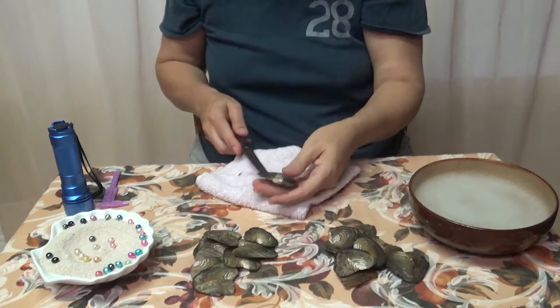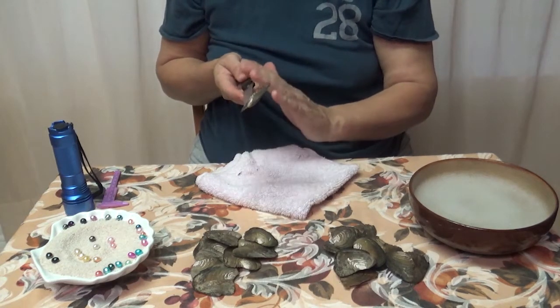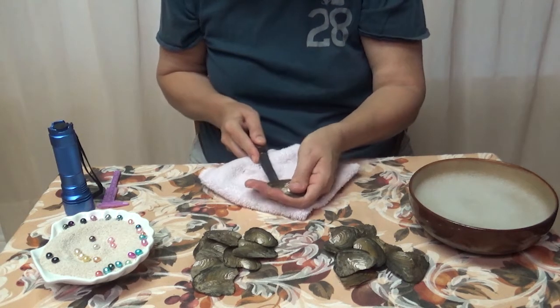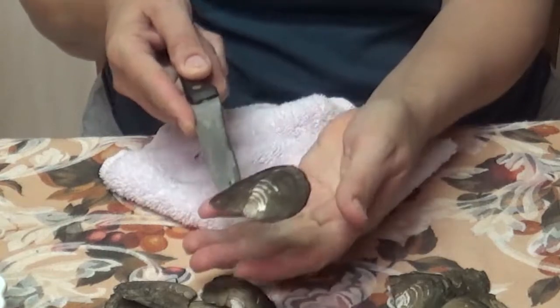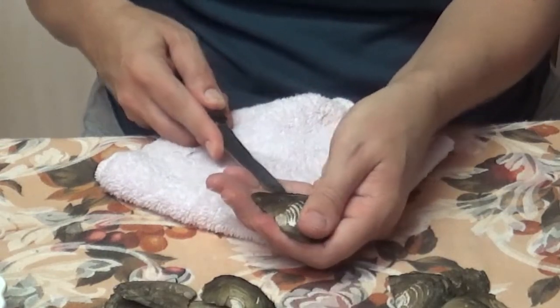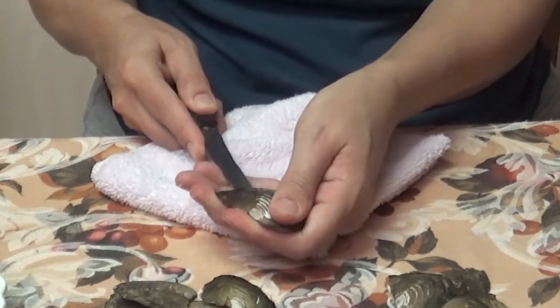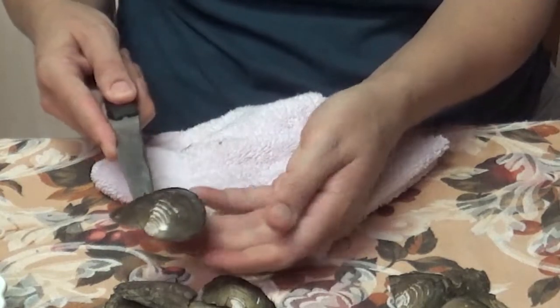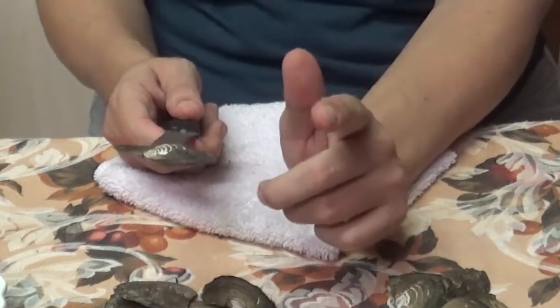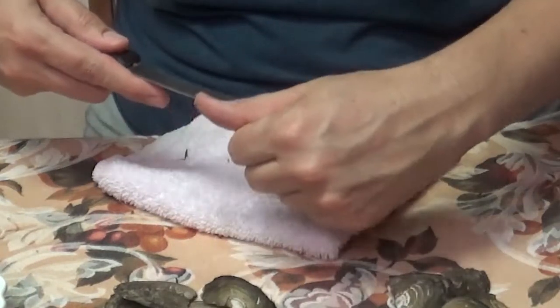So this is a doll knife. Call it my shucking knife, just so you don't have to cringe. So I'm on the other side of the gate, so we have to get on the right side of the gate. So now I'm on the right side of the gate. Now here's the deal. This pearl is in here somewhere, and I don't want to damage the pearl, so I'm just going